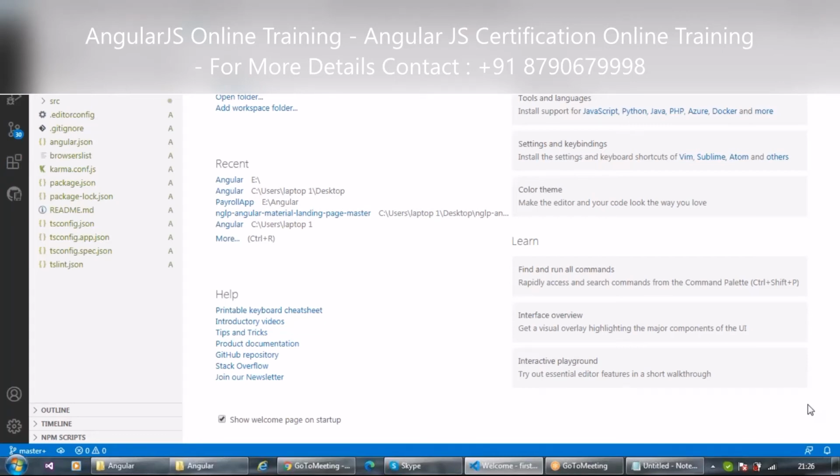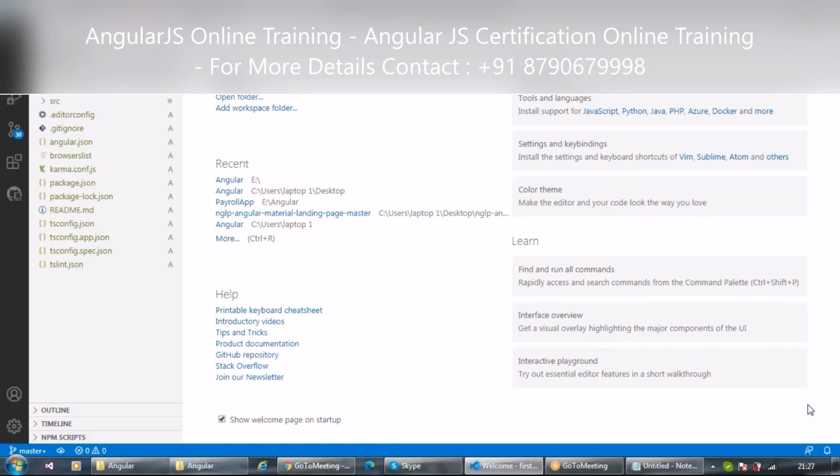So you can learn many more things, because right now Angular has a lot of things. You can create a lot of stuff using Angular. And as Angular is a latest framework, it supports cross-browser.